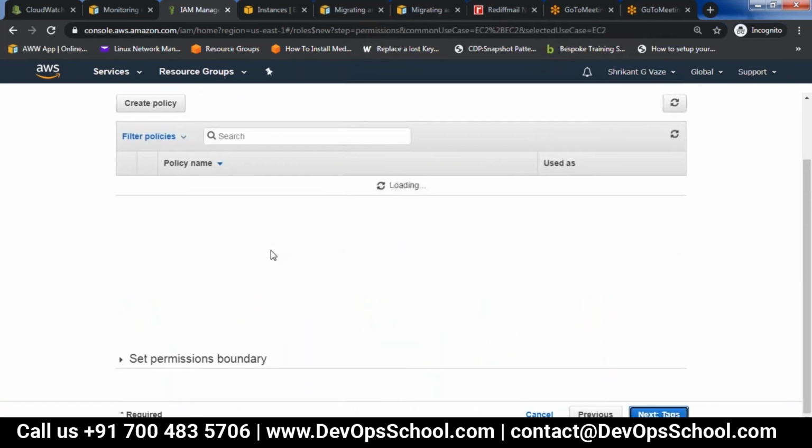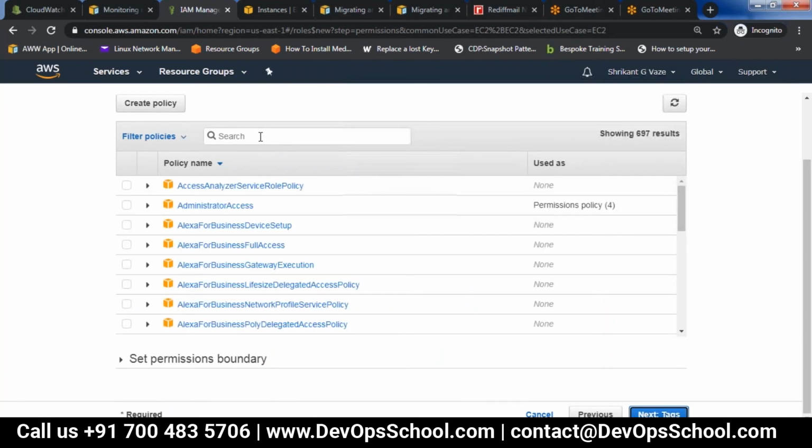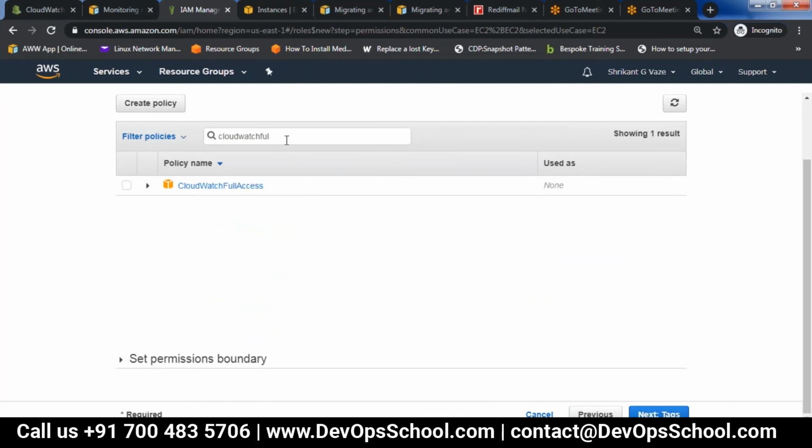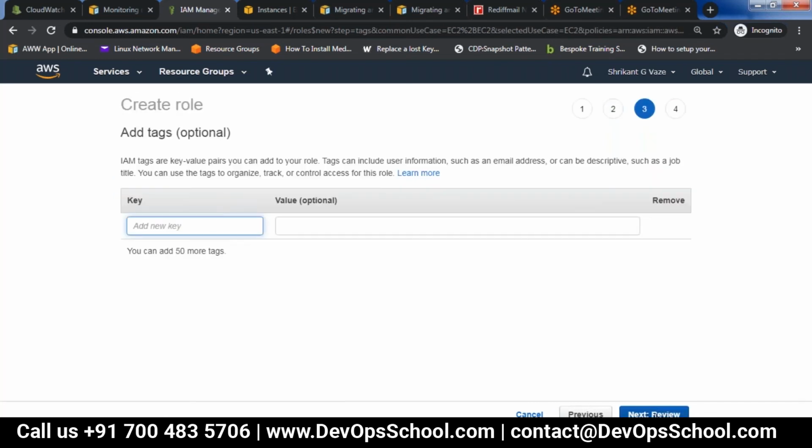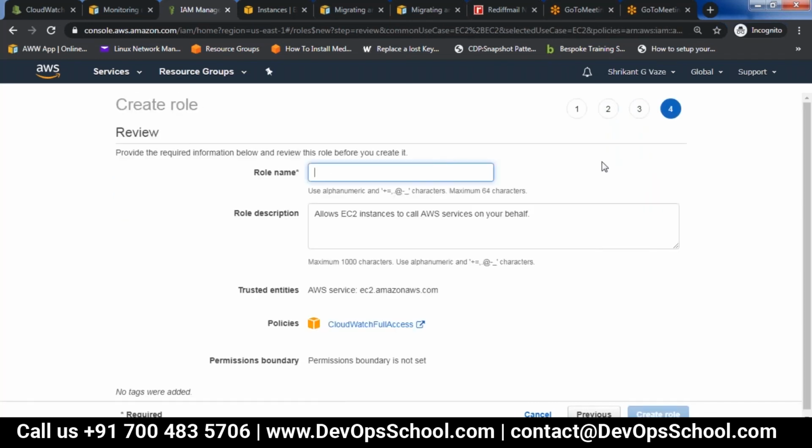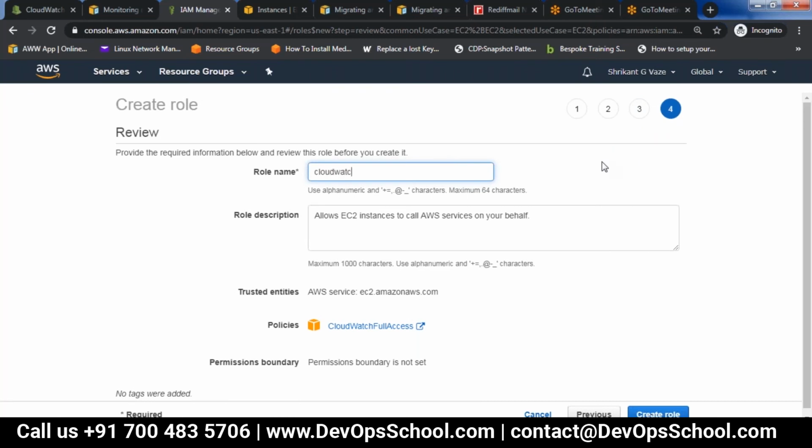On the next permissions page, I want this EC2 to talk to CloudWatch, so I will go for CloudWatch full access. Let me name the role CloudWatch full access. I will keep the name the same and create the role.